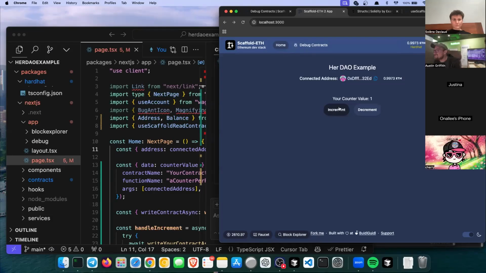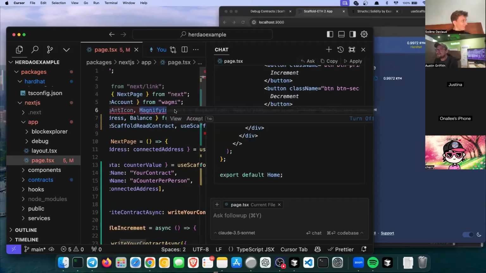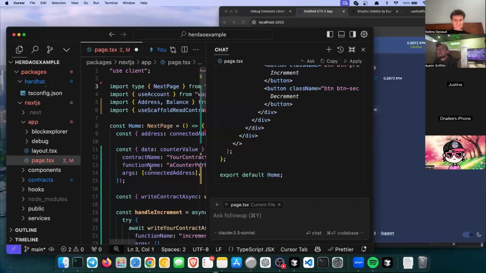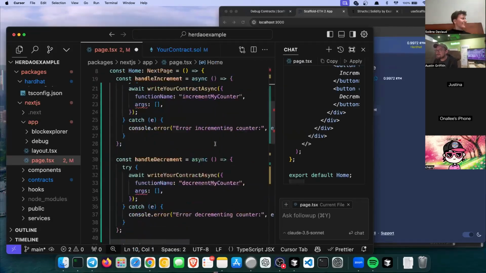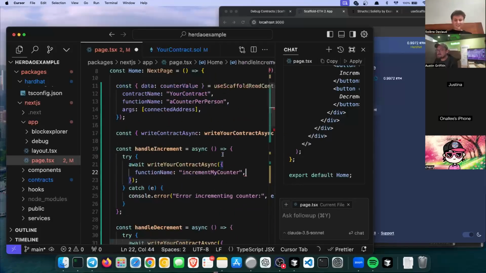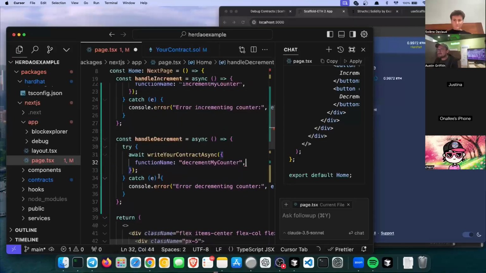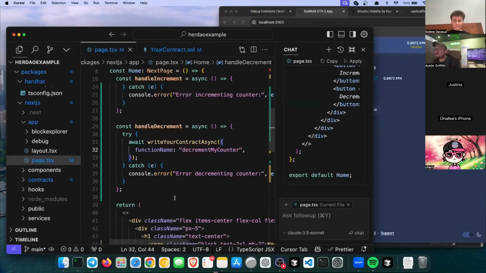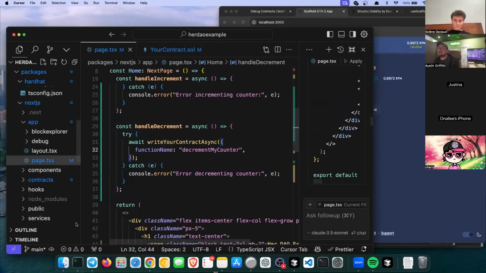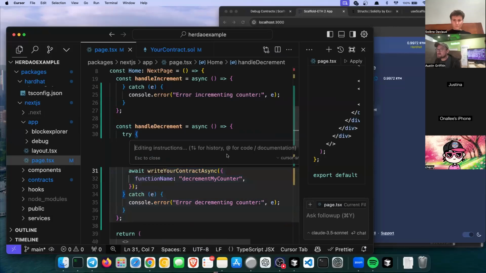Look at that. It totally built our front end for us by just prompting it and giving it some guidelines about how to do things. Let's see if the decrement button works. Look at that, a fully functioning user interface without ever having to write any React. That's really nice. Kind of cleaning up some stuff here to make this code look better. Looks like it doesn't need those args. Doesn't need those args. Okay, here was the really cool thing I wanted to show: if the AI isn't writing it for you and you're in here trying to handle how you want to write to your smart contract,